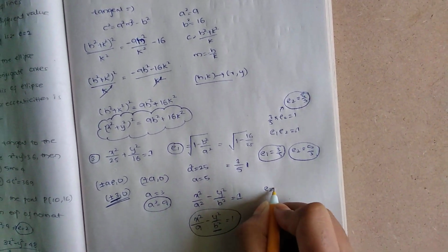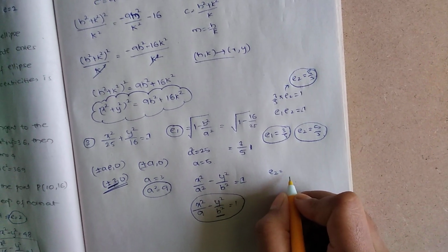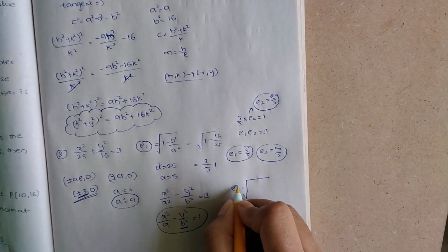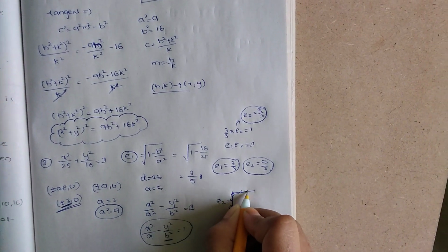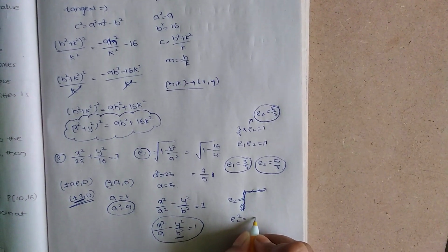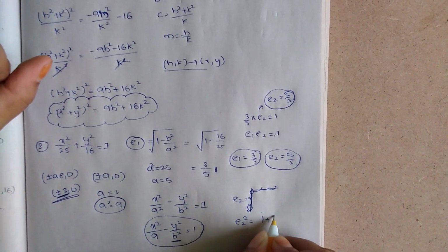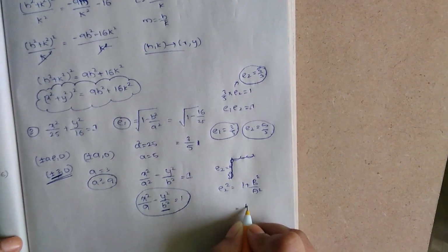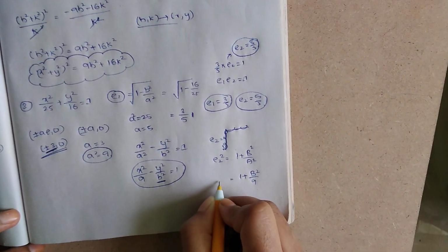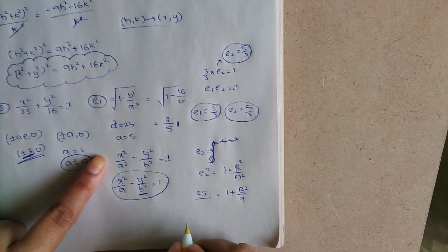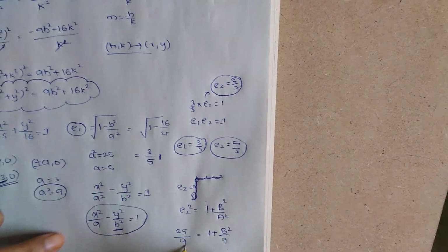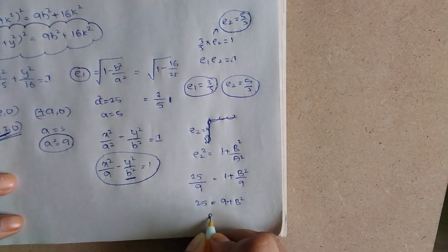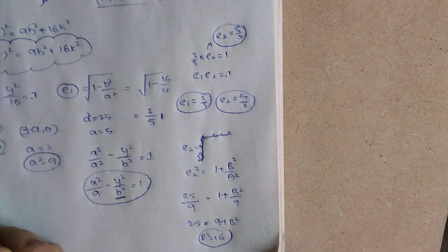How? We know the value of eccentricity for the hyperbola. Right? Yes. What is it? Wait, I'll take e2 square so it will be clear. e2 square is 1 plus b square by a square. Yes. What do you get? 1 plus b square by 9 is equal to 25 by, what did we get? 25 by 9. So 25 is equal to 9 plus b square, which means b square is equal to 16. That's it. We got the equation.